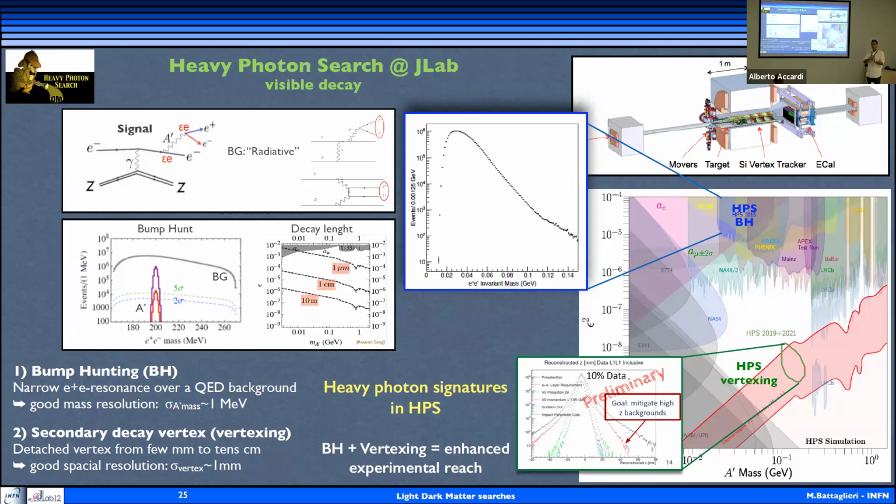Again, with the idea that if you are producing a weakly interacting particle, this is not going to decay within the target. It may fly for a while, and how much it flies will determine the acceptance of your detector, which will be sensitive only on a certain range of flying path for your weakly interacting particle that decays outside. The advantage is that as soon as you exit from the target, all these radioactive radiation effects get suppressed significantly,